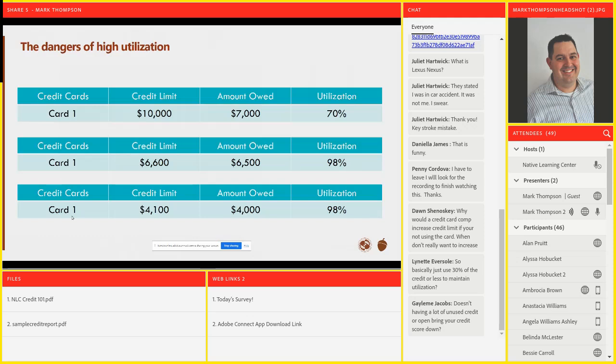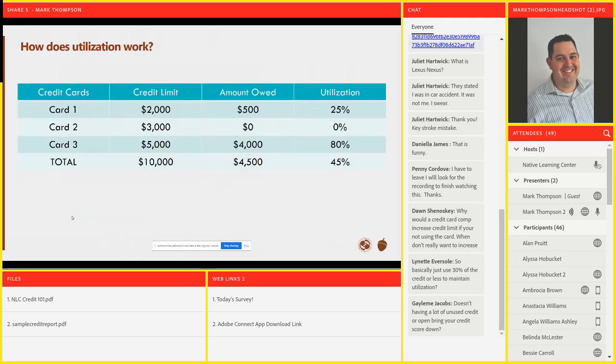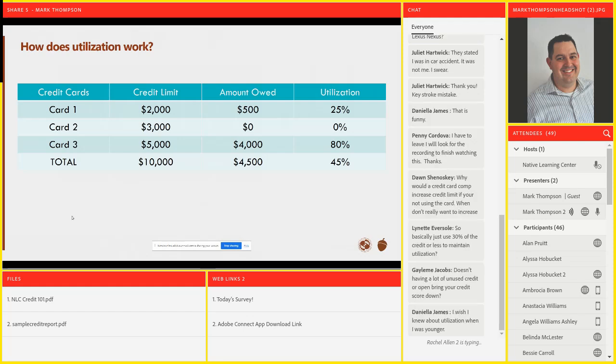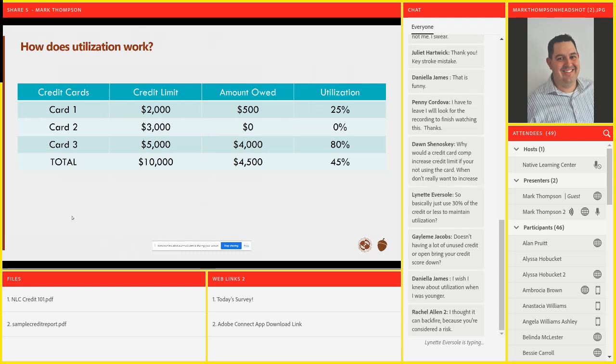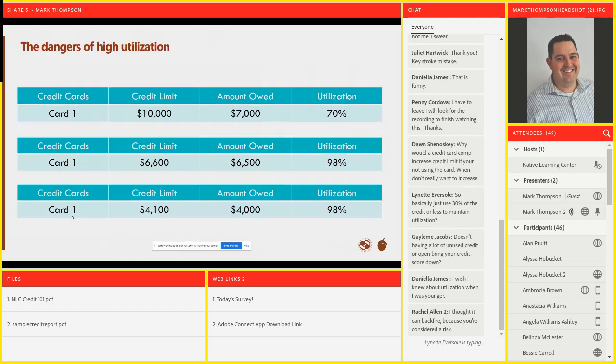So going back to this example where we look at utilization, if you had 10 cards here and you had a $100,000 credit limit and you had nothing owed, that would be great as long as they're willing to keep those cards open, because that's rock solid. Because your utilization is so low and you have such high credit limits that actually helps your credit.